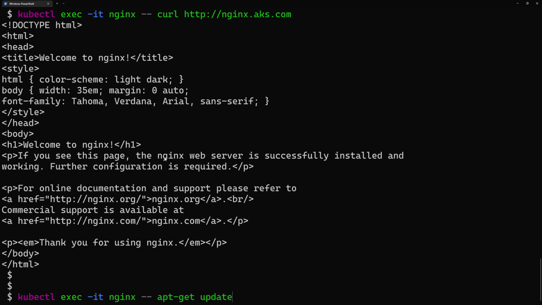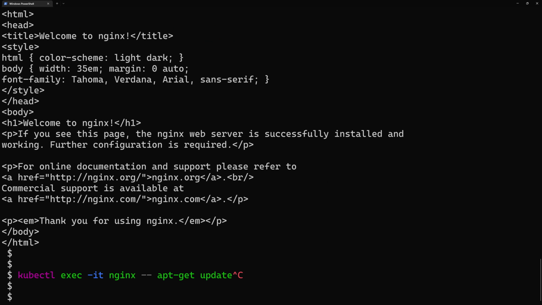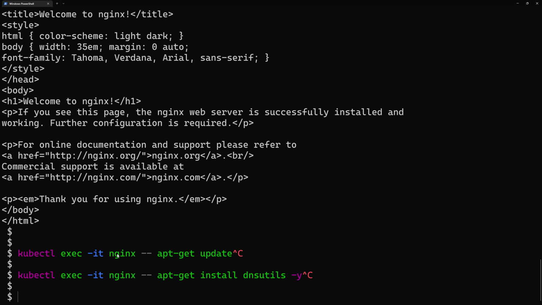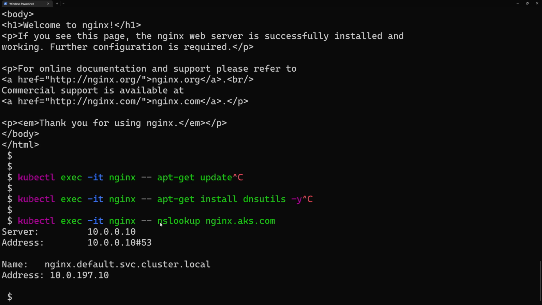To get better insights, we can use the DNS utils tools, and we can install it into our test nginx pod, and that's what I'm going to do through these commands. I have already run these commands before, but you can run apt-get update and then install dnsutils, and then you will be able to use the nslookup command like what I have here. So if I do nslookup